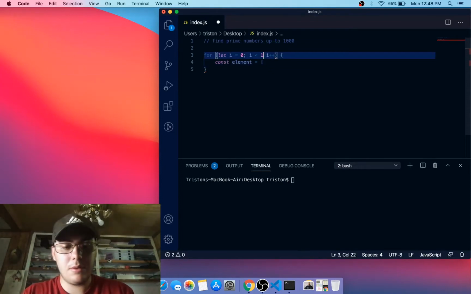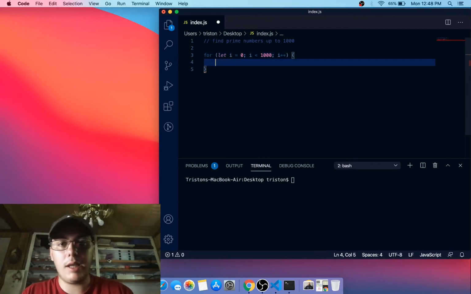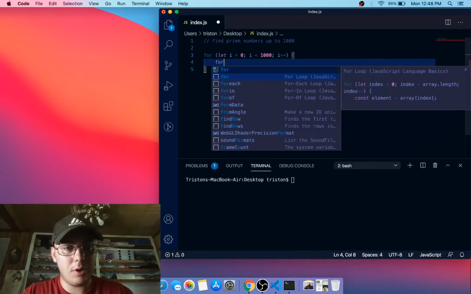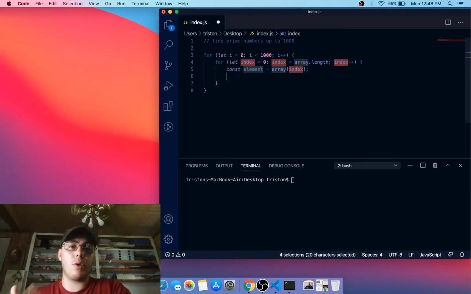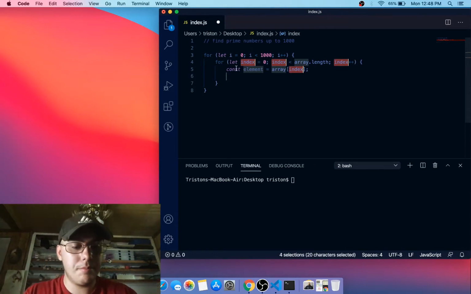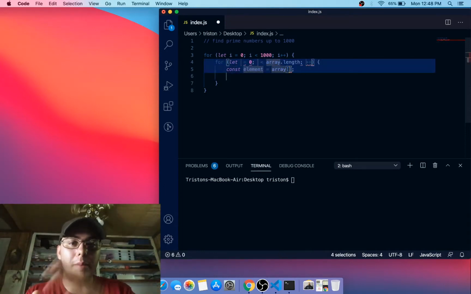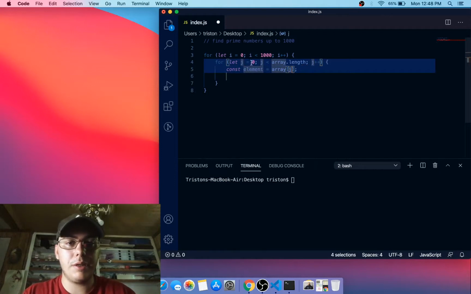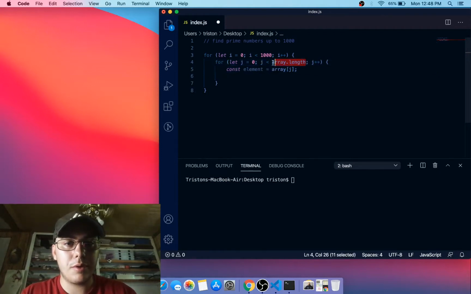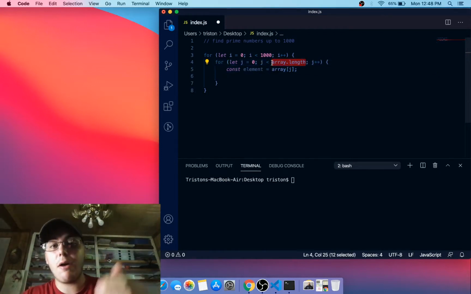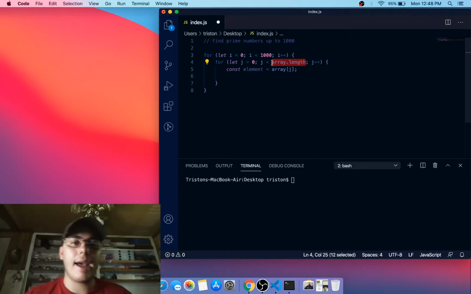Jeez Louise, 1,000. All right, and then we need another loop inside this loop because for each number we're checking to see if it's prime against other numbers. So we need an internal loop. This one's going to be less than. And for the algorithm they had, j would loop up to I minus 1,